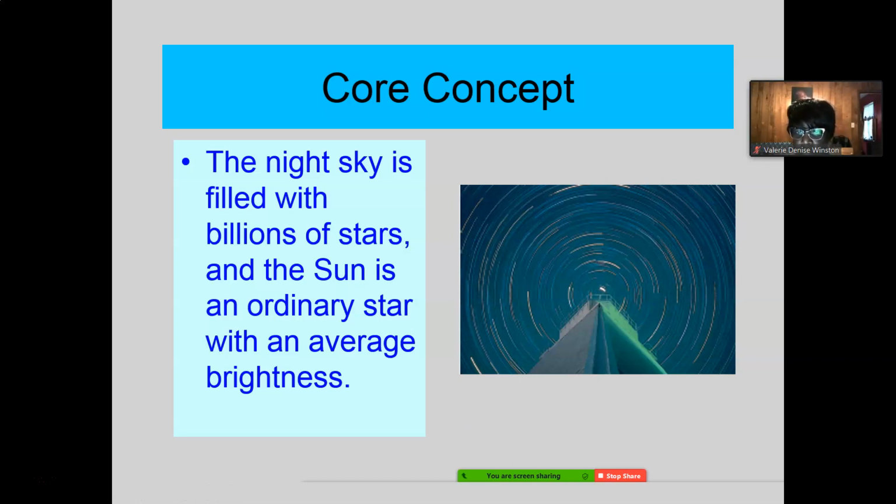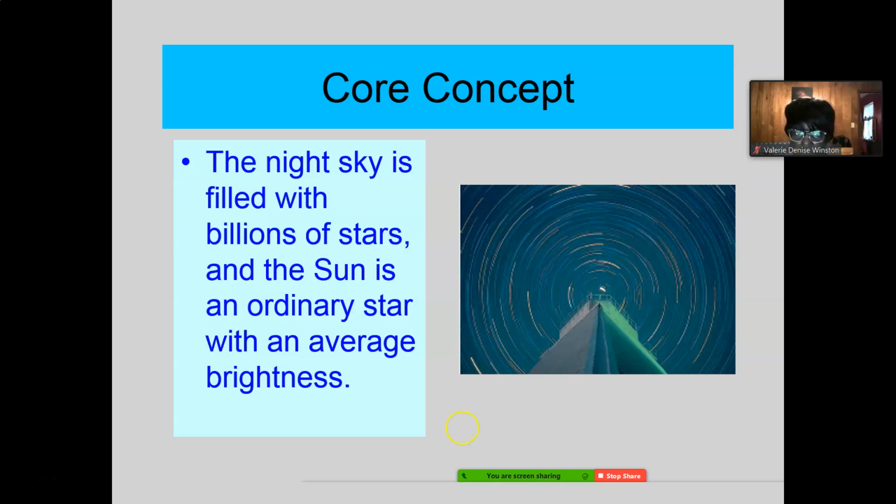Here's the core concept for the chapter. And if you have a book, it's on page 353. If you have a small book, it's probably right near the beginning. So it may have a number 14-1, okay? That means it's 14th chapter, first page in the 14th chapter.